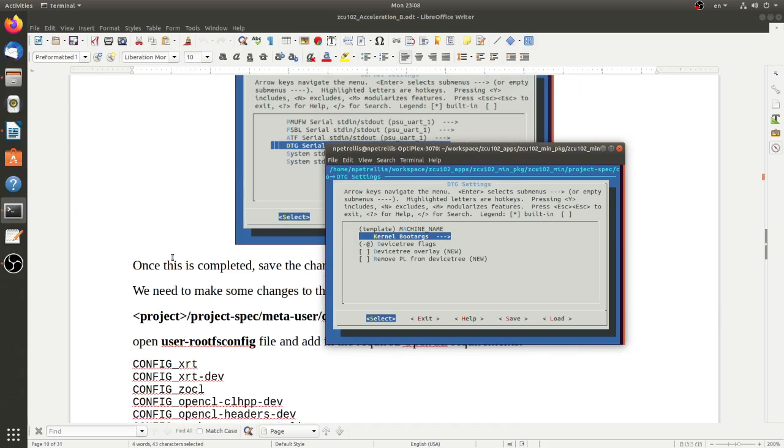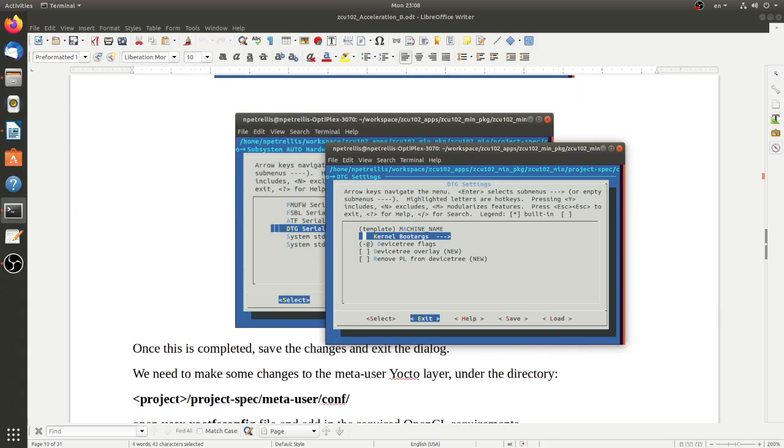So I press OK here, exit. I think I can exit this menu. Let me see. Yes, okay. Before I exit this